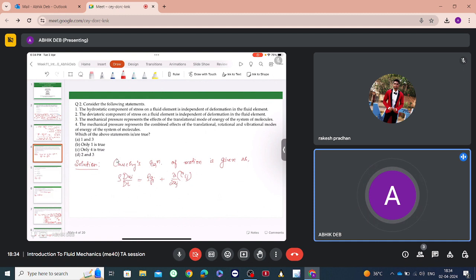Cauchy's equation of motion we have arrived at by applying momentum conservation to a differential control volume. And from this step we will continue. Okay, so the stress on a fluid element